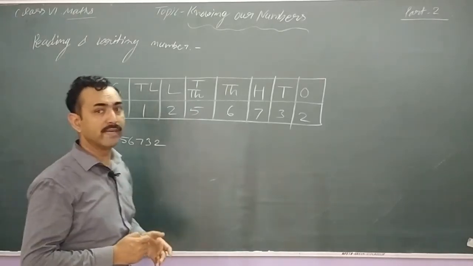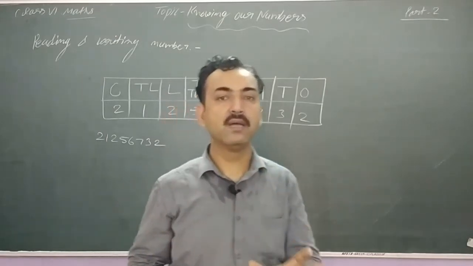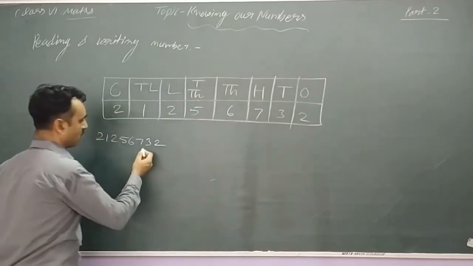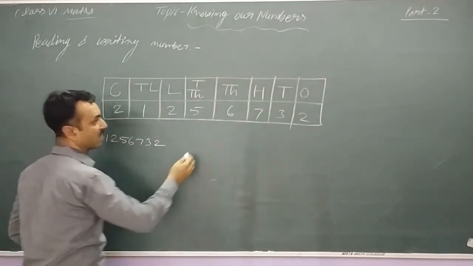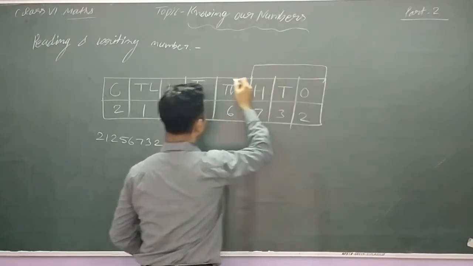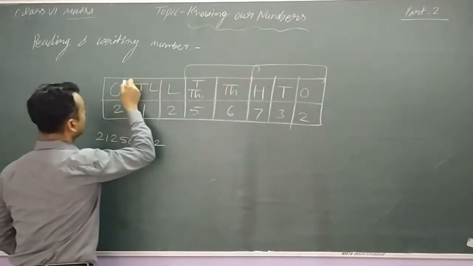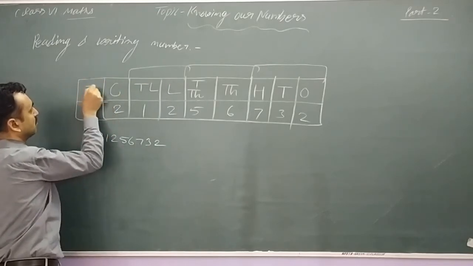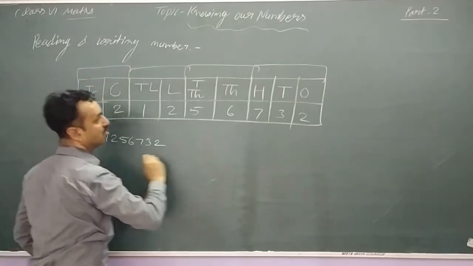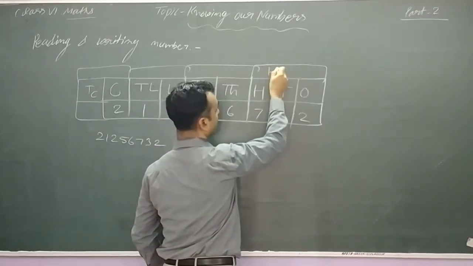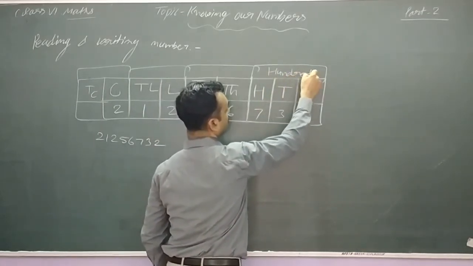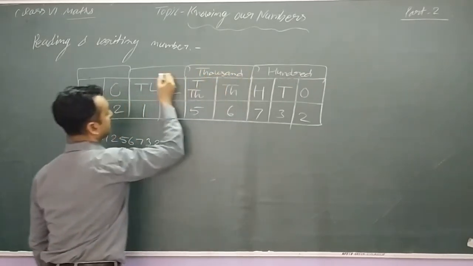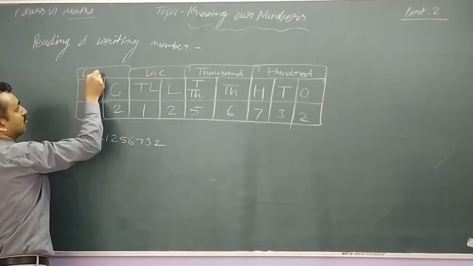So first of all, to read the number, you have to learn how to use commas. Comma, you know, we put commas. So in the Indian place value system, actually these are some groups. Suppose this is also 10 crore. So this is also the crore group. The group name is 100. This is the 1000 group. This is the lakh group, and this is crore.